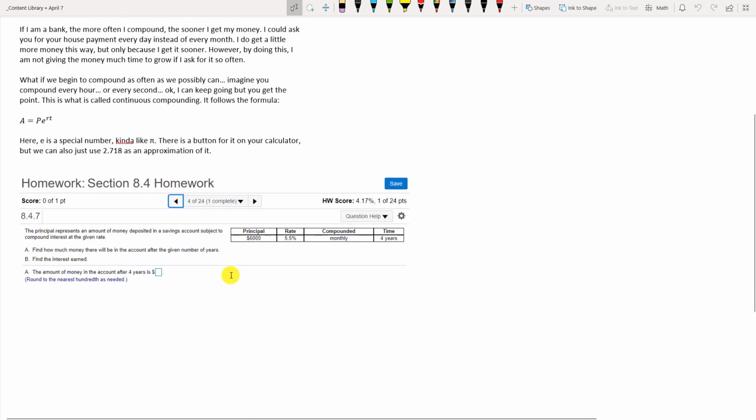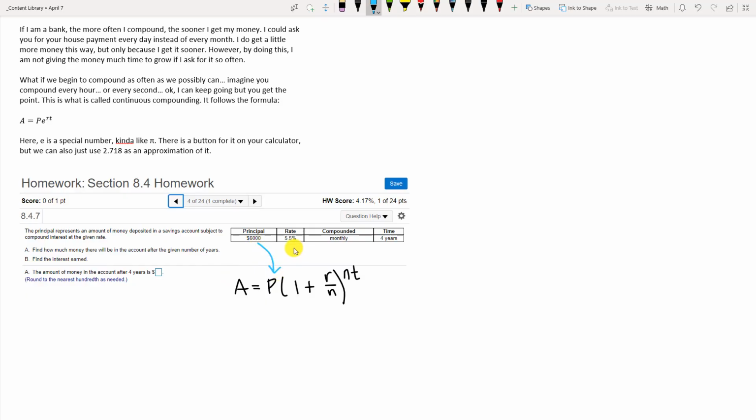So we're going to come down and work this problem here. So for our formula, we have our principal, which goes here. That's the principal right there, 6,000. Our rate is going to go right here. We're going to write that as a decimal. So we're going to make that into a decimal. Make a little note there of that. And then compounded monthly. This is what we were speaking of earlier. So monthly means 12 times in 1 year. So we're going to put that in two places here. And then we're going to also put it down